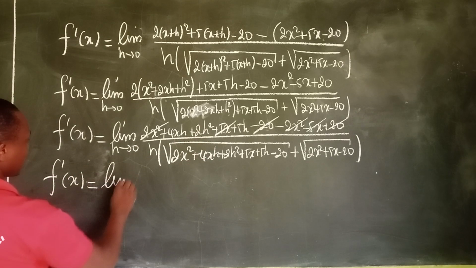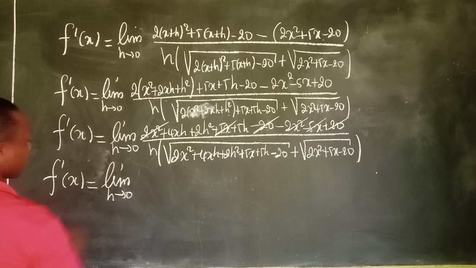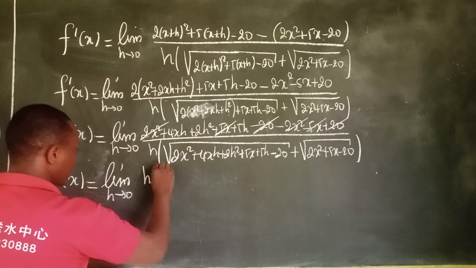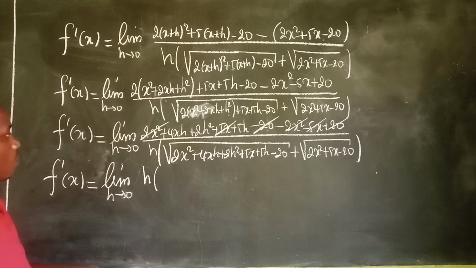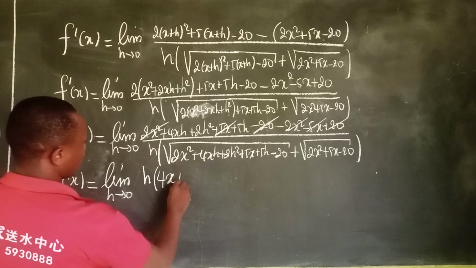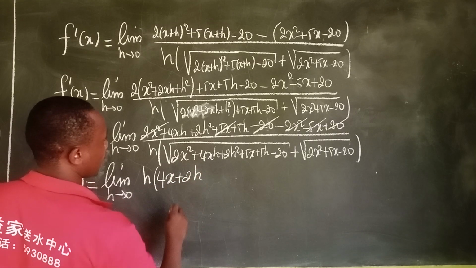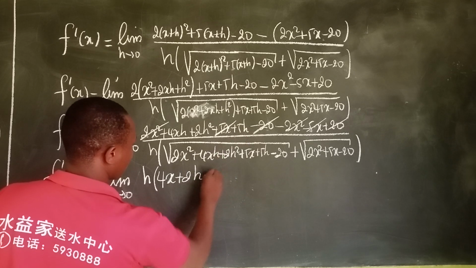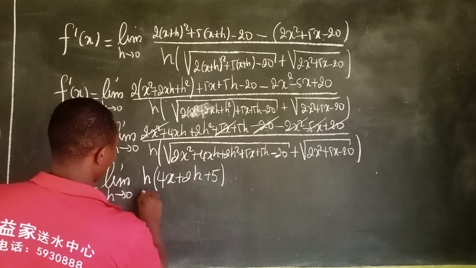It's the limit as h approaching 0 of, taking h out, we have h, we stay with 4x + 2h plus here is 5 over